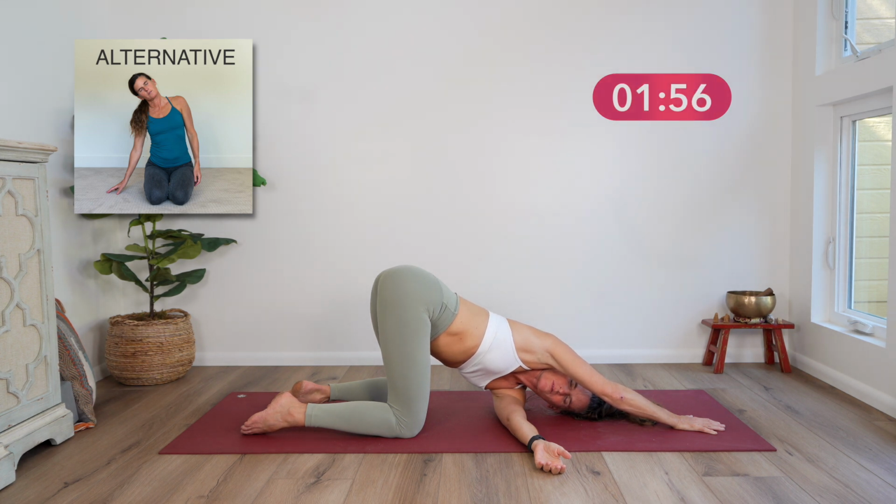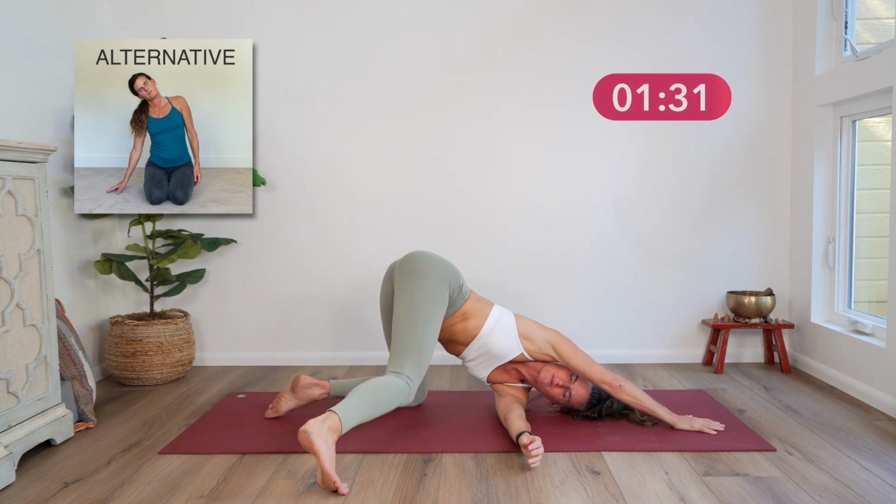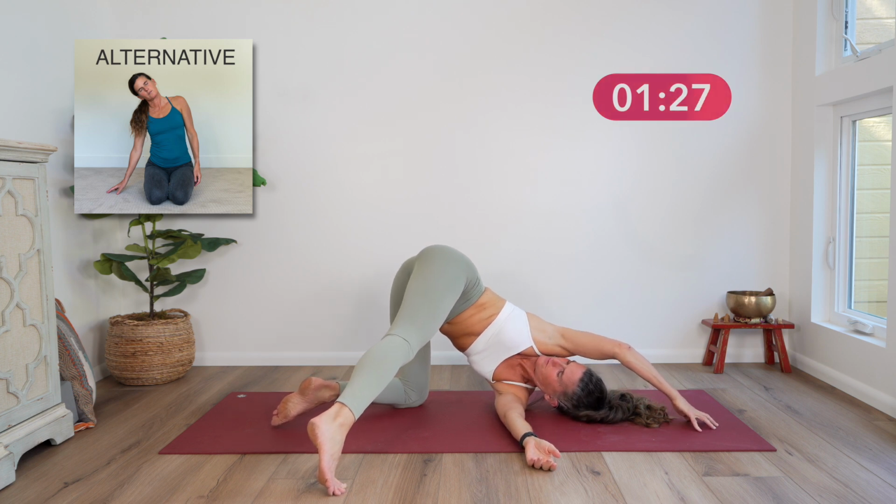Inhale and exhale. Continue to soften into this shape. Option now to take it into rolling panda by extending the right foot and leg out to the side, kind of like a kickstand. And this enables us to bring the head farther through and to bring more emphasis into